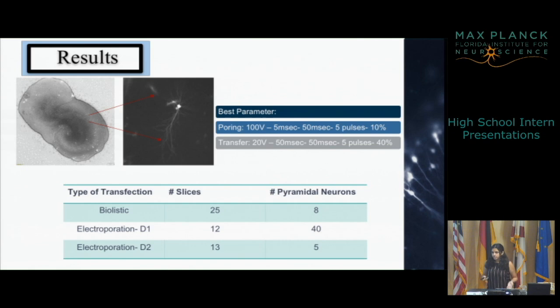So in order for any good experiment, you need a positive control, and we use the biolistic means. This is a tried and true method, and many scientists in the Eesha lab currently use this method. So we used a total of 25 slices for this means, and we got a total of 8 pyramidal neurons. Now for our device, the electroporation, we tried 2 distances using these parameters in a total of 25 slices and